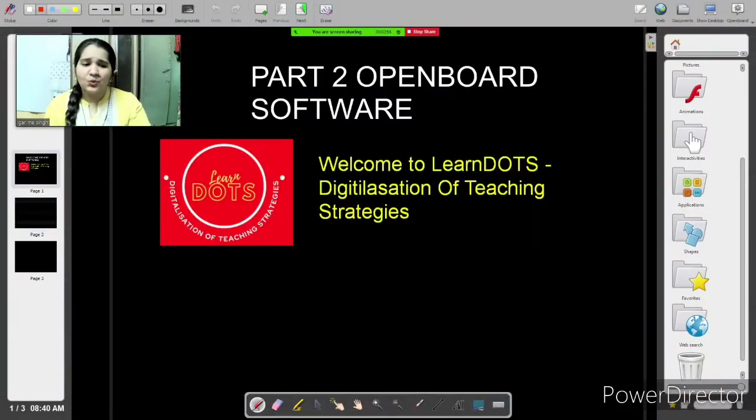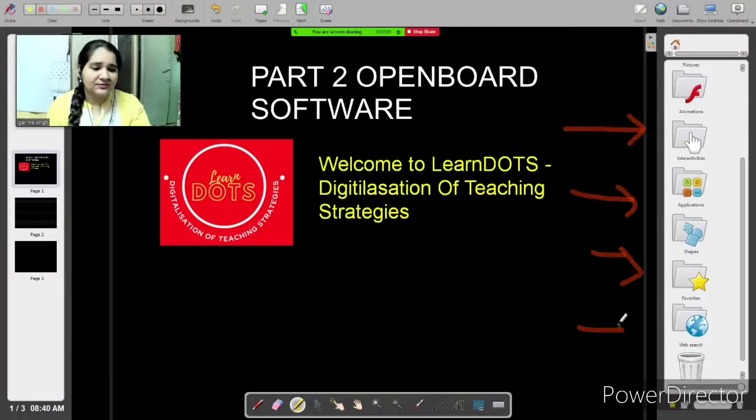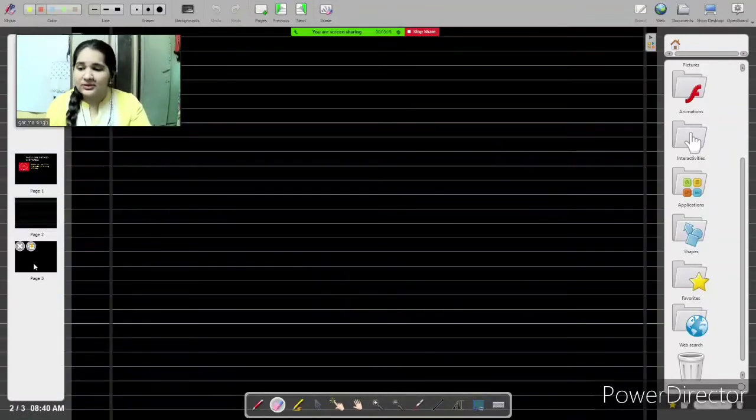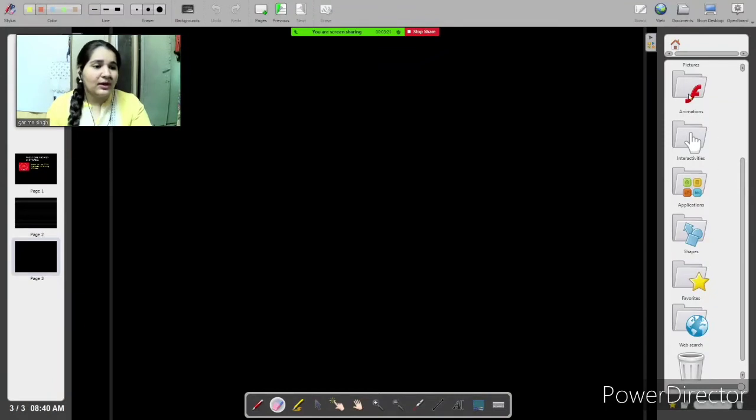So now we'll directly go to the application part that you are able to see on this. Just let me point out this side. So the applications, interactive and shapes, these are some additional features that come up with the OpenBoard software. So we'll just begin seeing how they work. Okay, I'll just select this plain board, and then first what you would like to see,